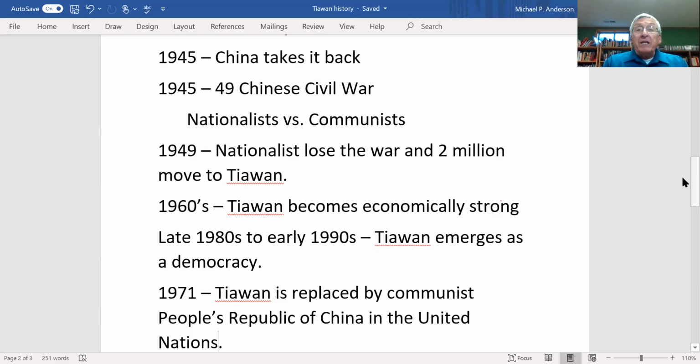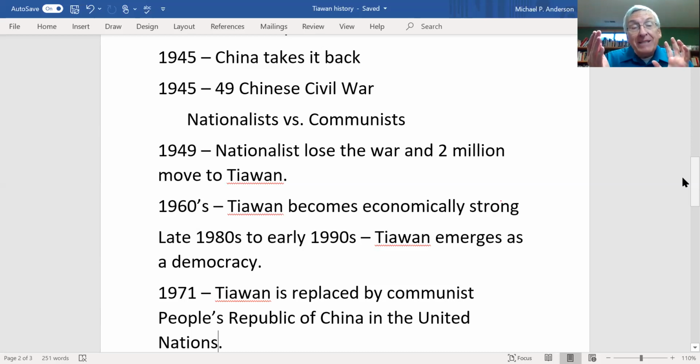Well, during the 60s, Taiwan does some really great economic growth. They've got a lot of brains, they get a lot of investment, they make some smart moves, and they become a real economic powerhouse. This little tiny island of 23 million people. Remember, we looked at the gross domestic product per capita. They get very strong very quickly.